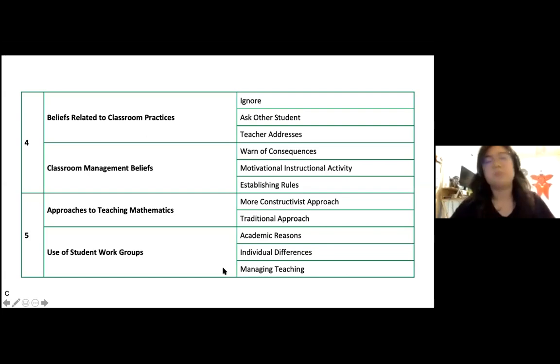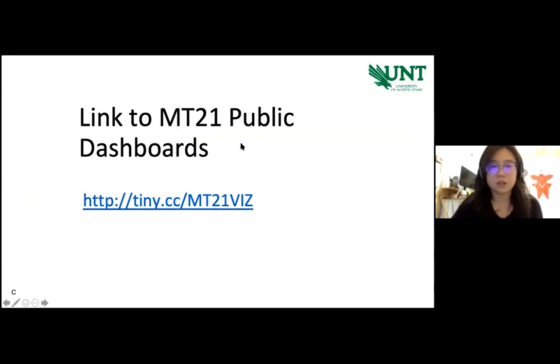Next, please. So there's another set of dashboards that we'll quickly look over as well. These are different than what we looked at in the previous slides. Instead of focusing on the content knowledge and the pedagogical knowledge, these are more of the teacher's own personal beliefs and philosophy about what they think is a better instructional approach, as far as using group work or a constructivist approach versus a traditional lecture type of approach. So if you're ready, we'll go into the Tableau dashboard.